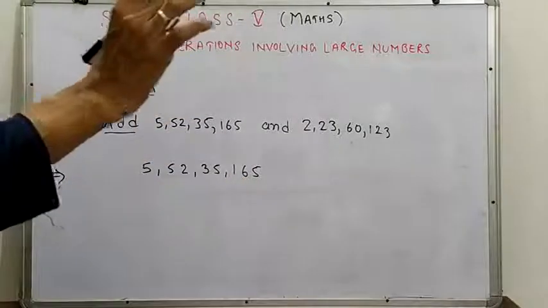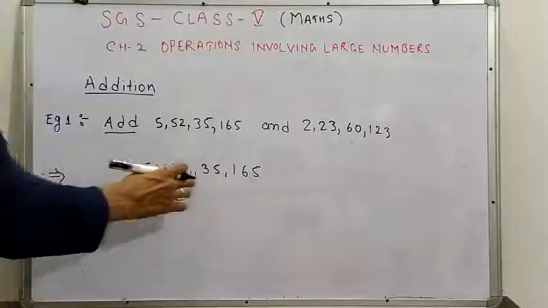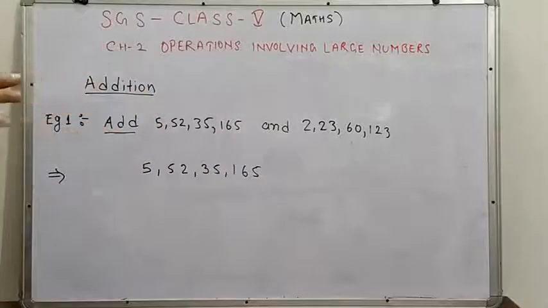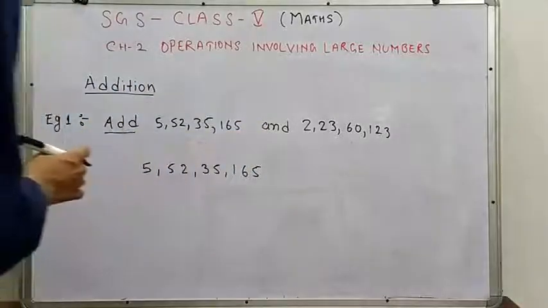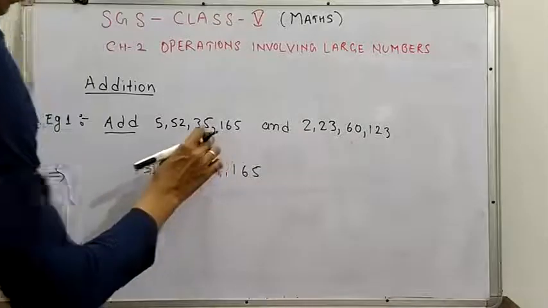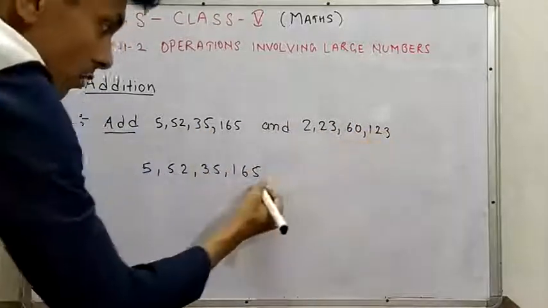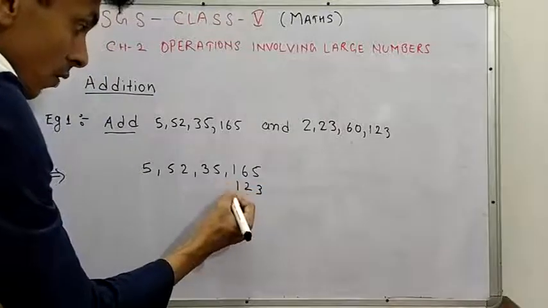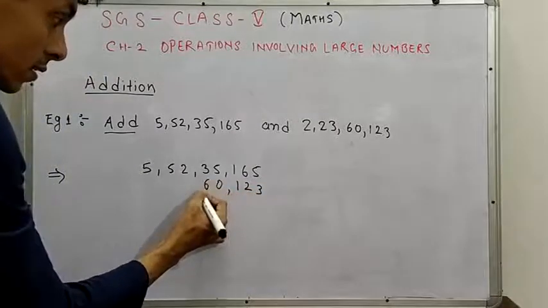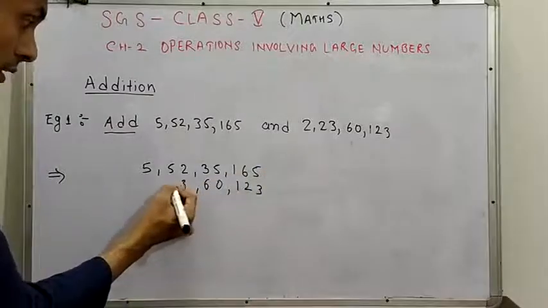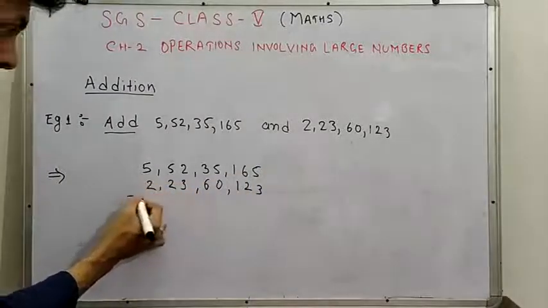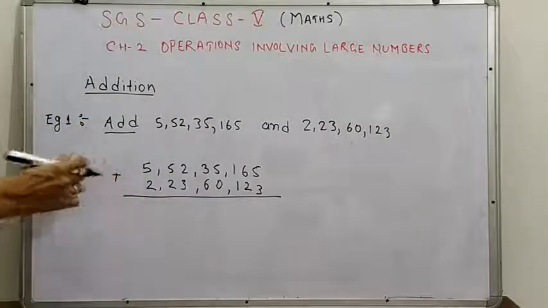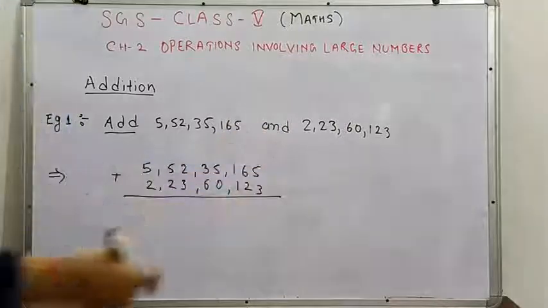So I hope you know that this comma symbol must be applied in a large number. Okay, it makes our simplification or operation very simple. So after writing down the first number, we have to write down the second number according to its place value. That is, here comes 3 2 1, then comma, then 0, then 6, then comma, then 3, then 2, then comma, then 2. And which type of operation is given? Addition. So we add the addition symbol. Okay. Now we have to add the following numbers.